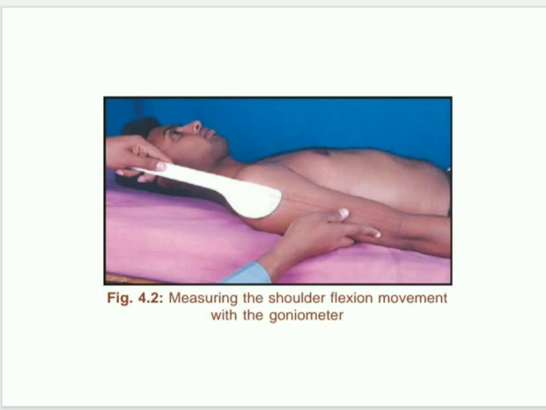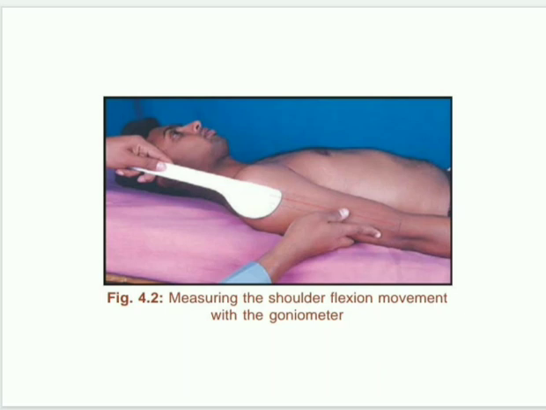Firstly, you need to know the range of motion for the shoulder. For shoulder flexion, the range is from 0 to 180 degrees, right? This is the thing to be written on paper. And the position is supine lying, or you can go for sitting or standing with good alignment of the shoulder. Then, as I have said previously, the fulcrum, which is an axis, you need to place at the acromion process at the shoulder level. At the shoulder joint there is an acromion process, and you need to place the fulcrum there.